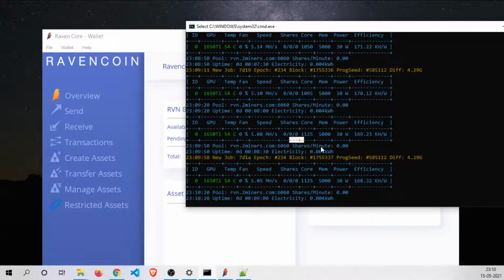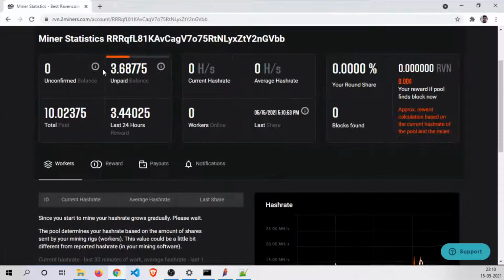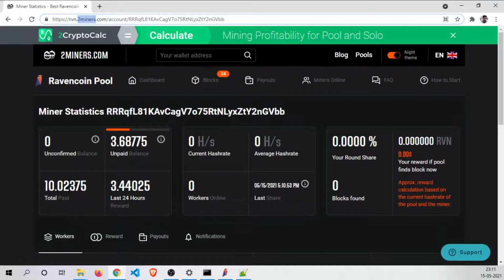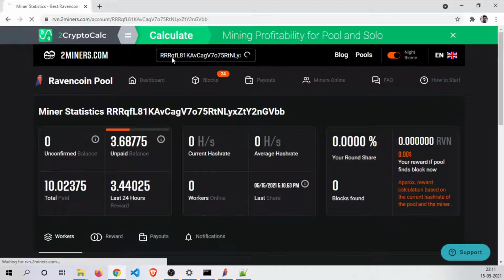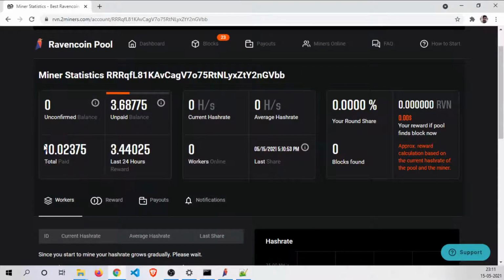So this is currently mining, and this is the wallet. Currently I have this much Ravencoin in my wallet, and apart from it I am using two miner pools for Ravencoin. When I search my address here, you will see that I have been paid around 10 point something Ravencoin to this address, and this is currently under processing.